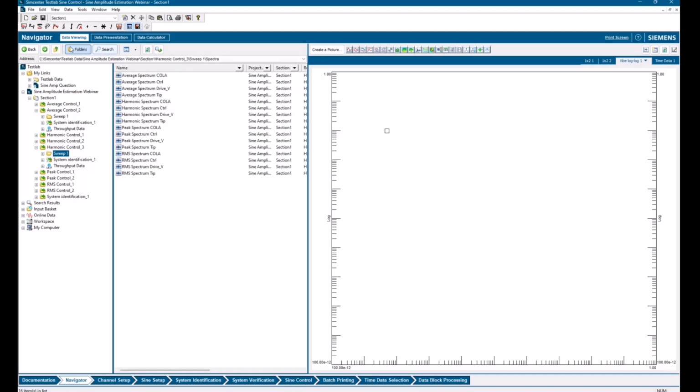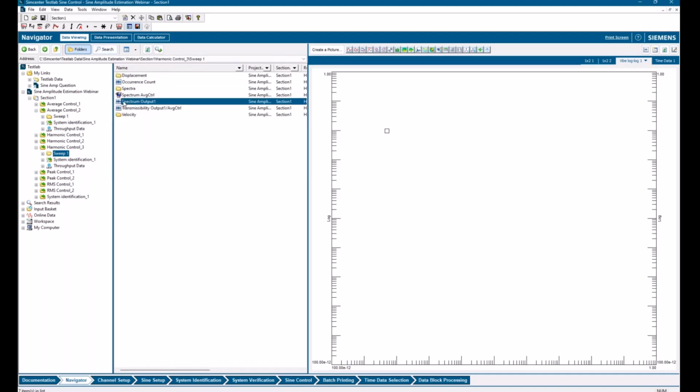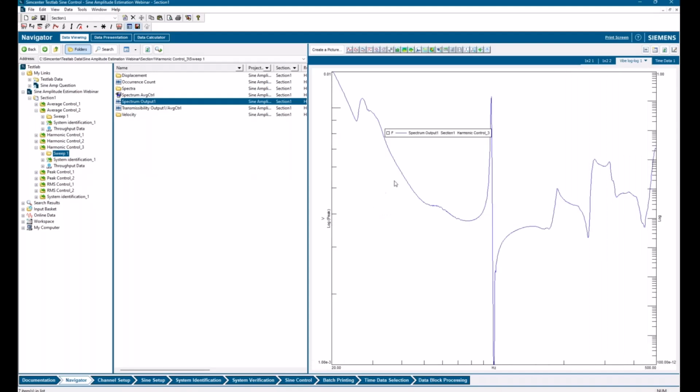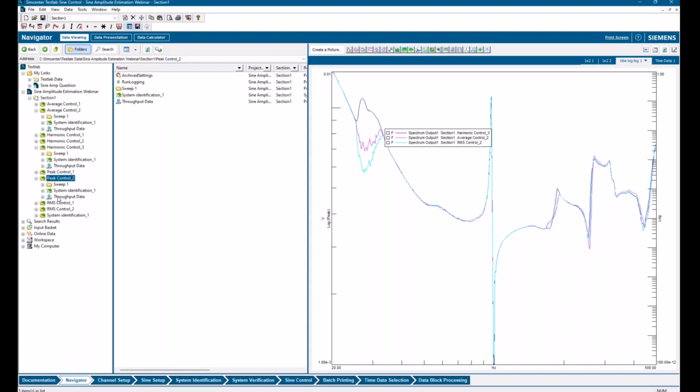We'll go into spectrum. This is for harmonic control. We'll go into average, and then RMS, and then peak.